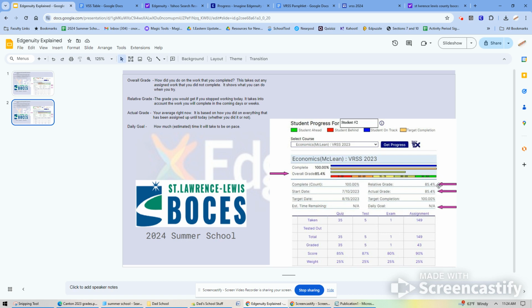So that's why the relative grade is the same thing, because the relative grade, remember, is where you will be if the course ended today. And since this report was taken at the end of summer school, they're the same thing. And again, we look up at the top and we see the top bar is blue because the student was on pace, and the bars are exactly